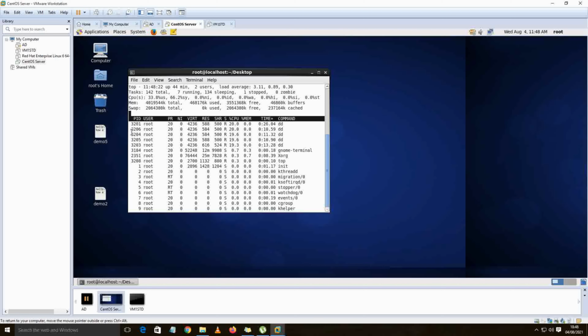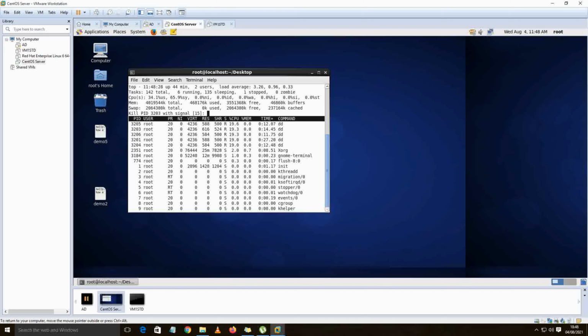Suppose I want to kill 3203, this particular process I want to kill. What I am going to do is press small k. Once I press small k, it is asking me which PID I want to kill. I will say that 3203 is the PID which I want to kill.